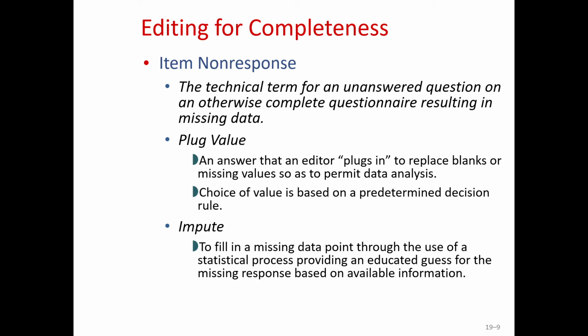Leave the response blank because the question is so important. Plug in an alternate choice for the missing data. Randomly select an answer. The editor may just flip a coin, yes or no, or the editor can input a missing value based on the respondent's choices for other questions. Many different techniques exist for imputing data, and some involve complex statistical estimation approaches that use the available information to forecast the best guess for the missing responses.